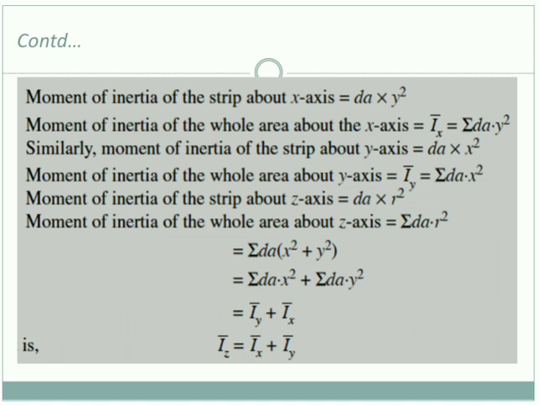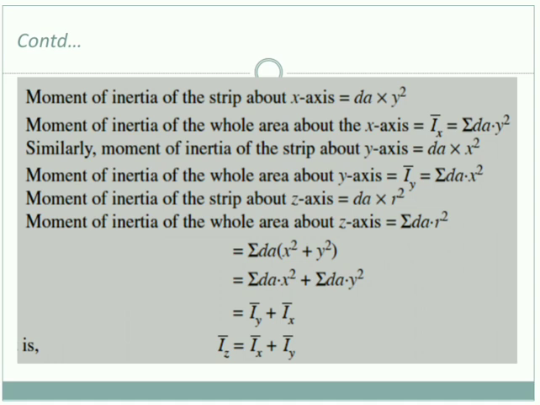Then the moment of inertia about the z axis, again the same, dA, which is the elemental area, into what is the distance for the z axis? It is r, so r square. Therefore the moment of inertia of the whole figure about the z axis is what? Summation dA into r square. So these are all one by one steps, hardly you can solve and get it; it comes for 8 to 12 marks. You can get those marks in hardly 5 minutes if you are proper with your solving.